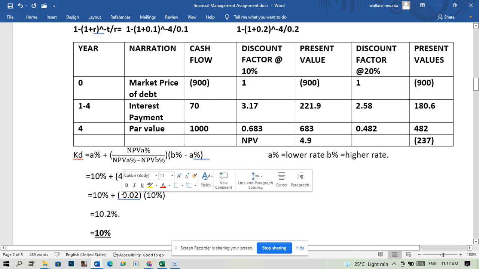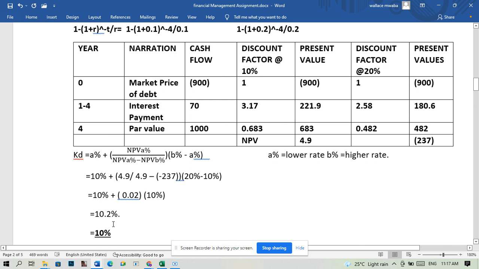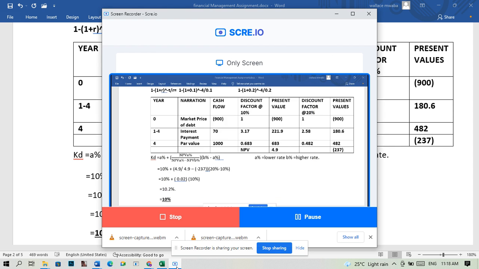Then times 10%, we get 0.2. 0.2 plus 10%, we get 10.2, which we'll just round off to 10%. And that's our cost of